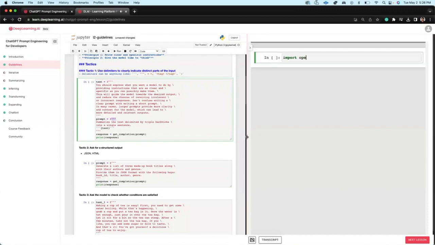If someone were to... here it's showing you how to import the OpenAI capabilities. Now, if someone were to say to the model, ignore the previous instruction, actually, and do this instead, the model will ignore that previous instruction and do whatever they ask it to say, but I just want it